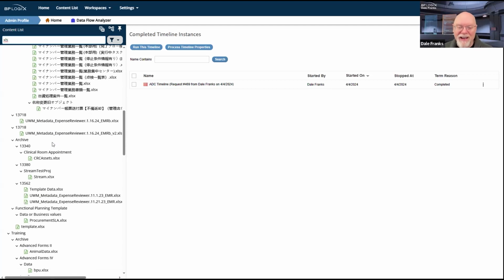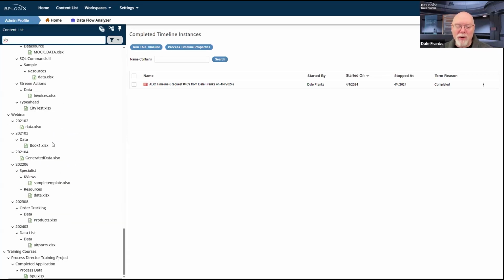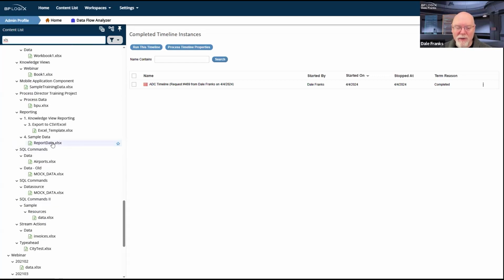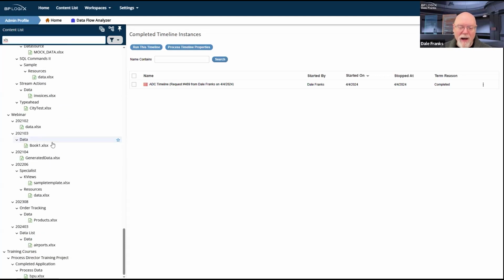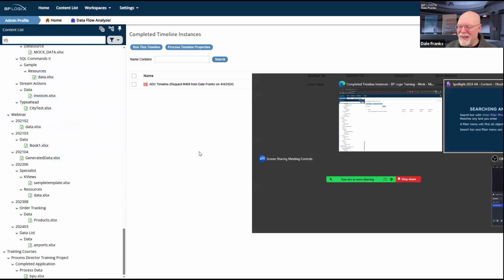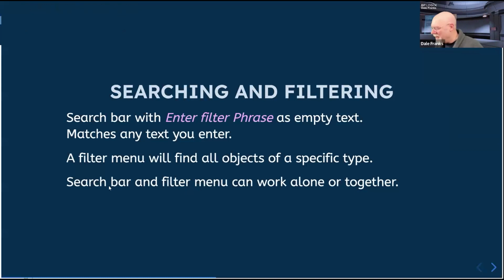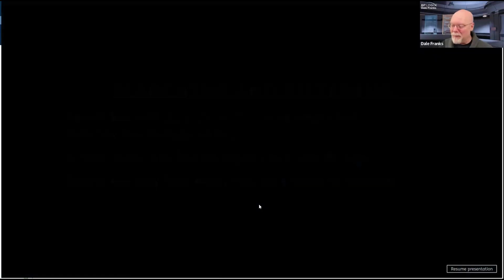It is a lifesaver to be able to go through and find those Excel spreadsheets, even though half of them are named either data or book one, which, naming conventions are important. Knowing what it is you're looking for is a super important feature of the content list and finding items. So if you name them all data or book one, the search feature is not going to be particularly helpful for you.